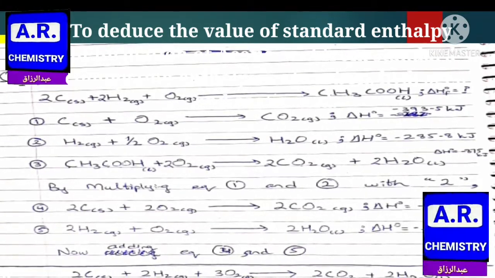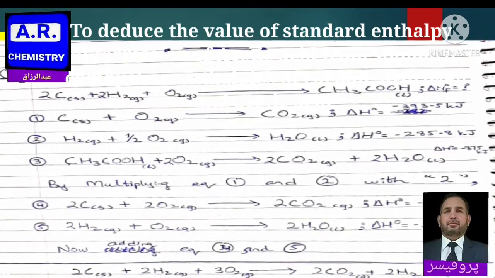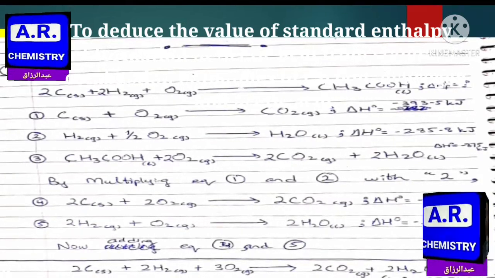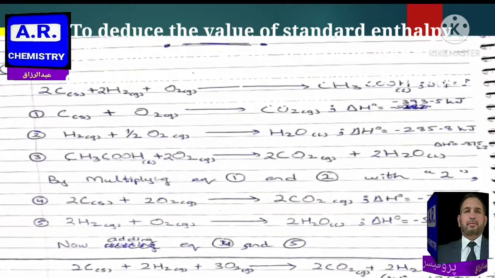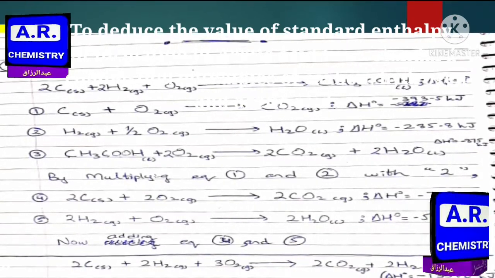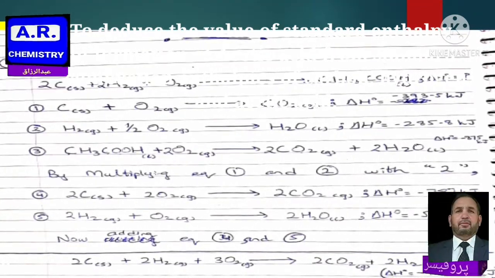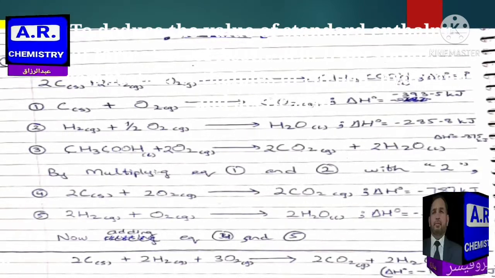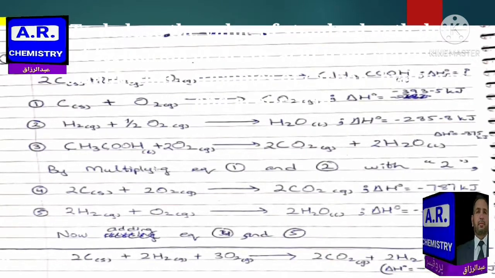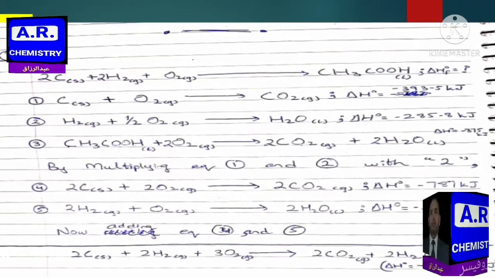So in equation 2 you are observing that on the left hand side is written H2, then 1/2 O2 in the gaseous state, and in the product is H2O in the liquid state, and the enthalpy of formation or combustion of liquid water is 285.85. You must keep in mind that combustions are always with a negative sign. So the enthalpy of combustion of carbon is negative 393.5, that is, the reaction is exothermic.